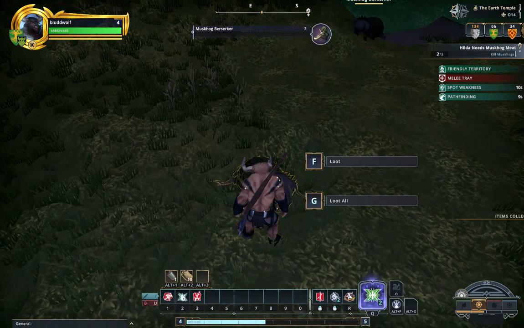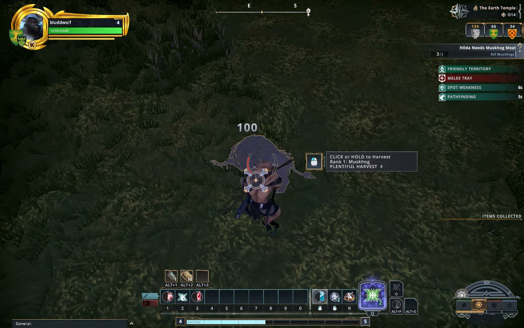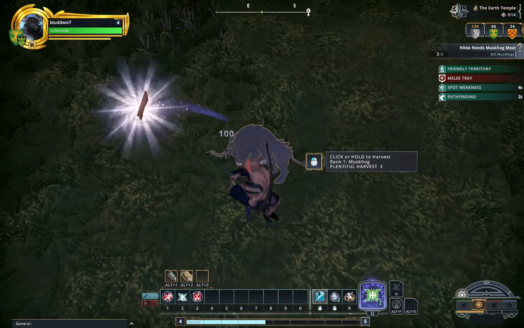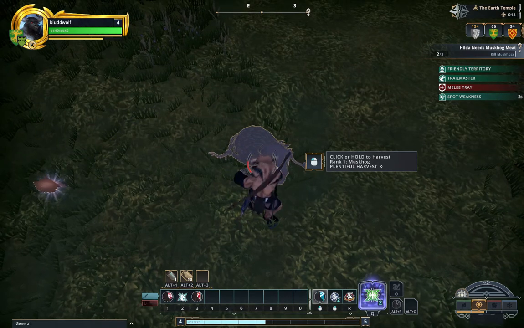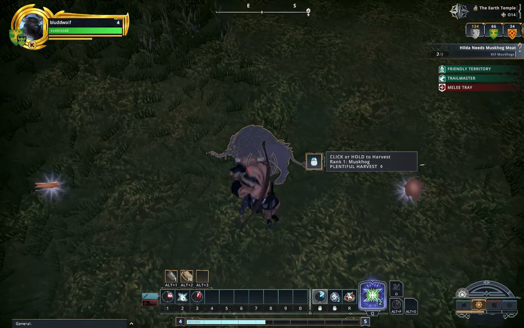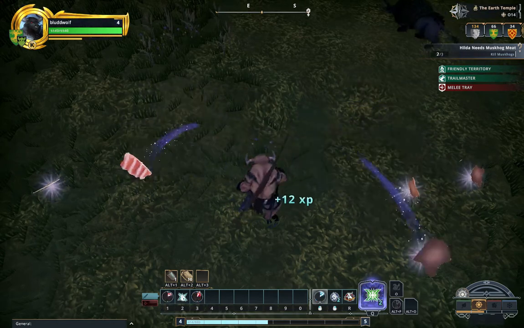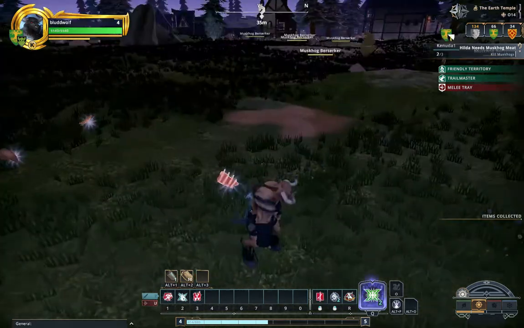So you loot them, and that will give you ethereal dust, which I'll explain to you after I'm done skinning this guy. That's a crafting material. You only get it from